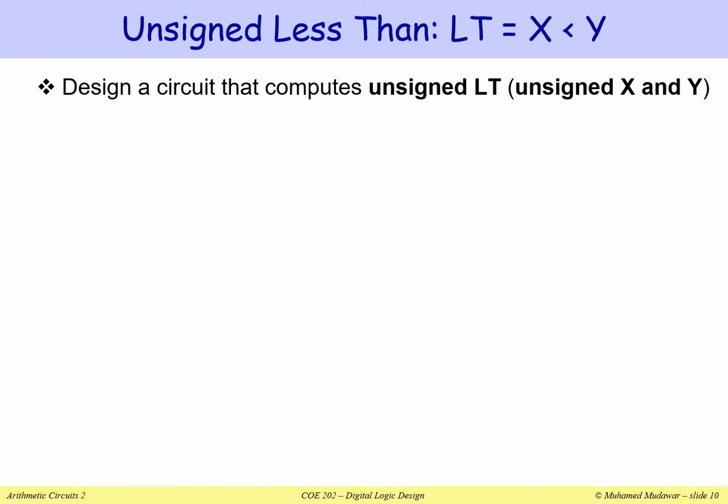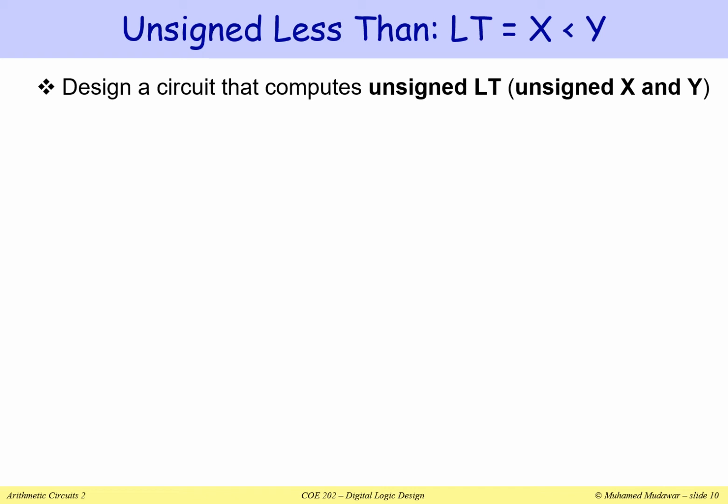Now, we have already seen a magnitude comparator. The magnitude comparator can compare two unsigned integers, X and Y, and it can output less than. It can also output equality and can also output greater than. That's the magnitude comparator that we have seen in a previous lecture. So here I would like to design a circuit that can output less than